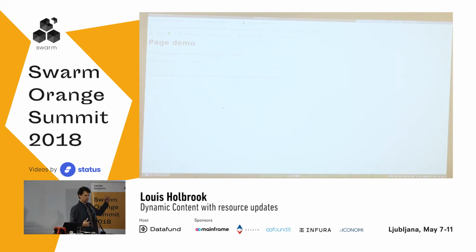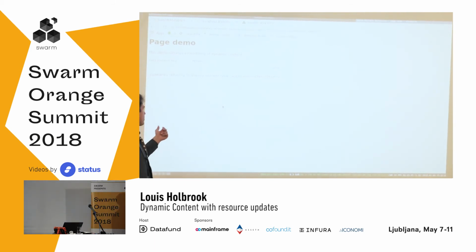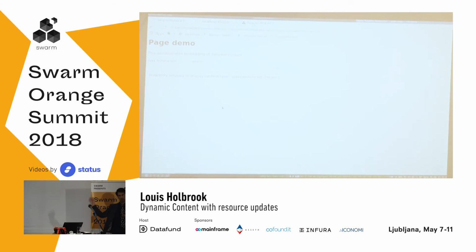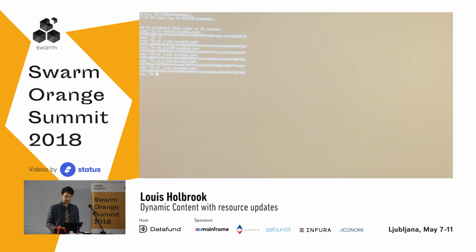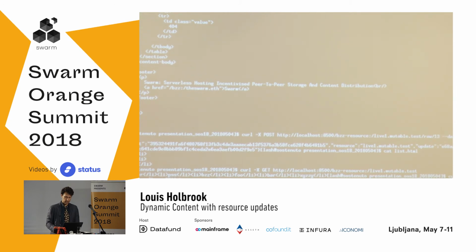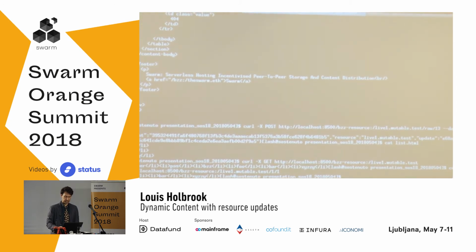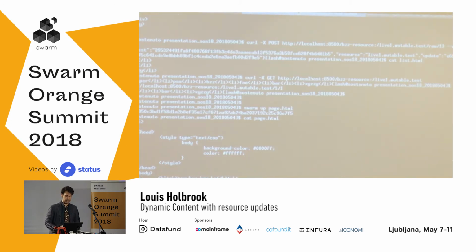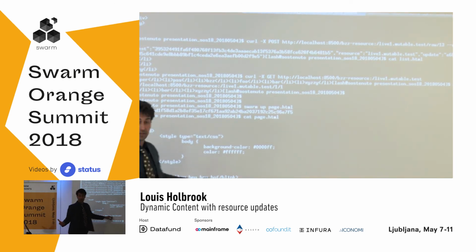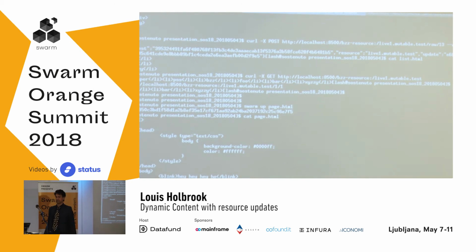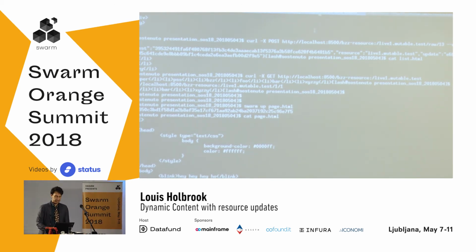Now, it's saying it won't display content type application octet stream, because the updates that we did were raw, and when you do raw updates, the HTTP request will have the type of octet stream. But if we do multi-hash updates, we will be able to see the page. So then we do swarm up page HTML. So let's see what page HTML is. Well, it's not much. It's a background color, a color of text, and a little bit of text here. We take this hash,